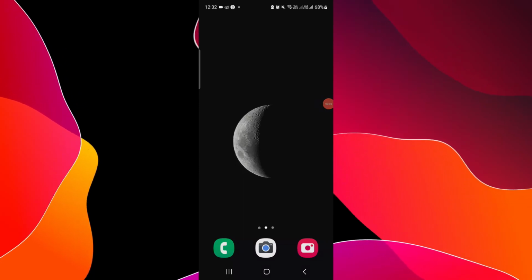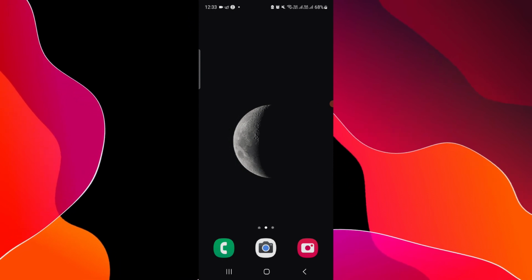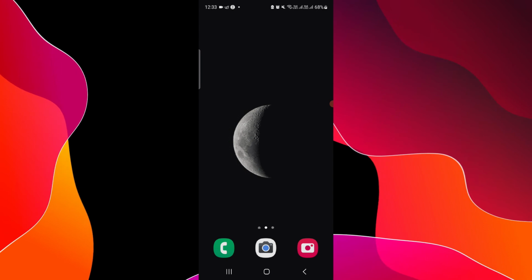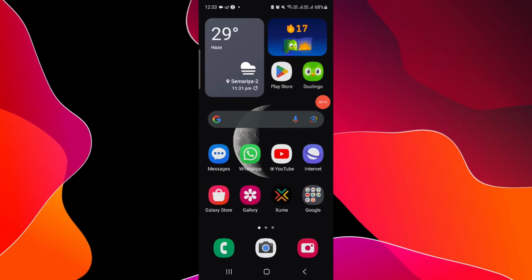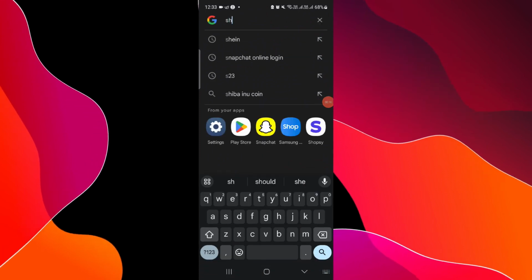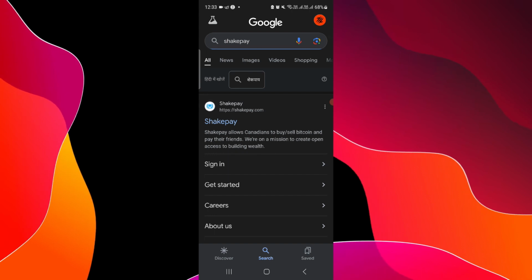In today's video, I will show you how to create an account on Shakepay. So let's get started. To create an account on Shakepay, you have to follow these easy steps. First, you have to go here and then search for Shakepay like this. Go to shakepay.com